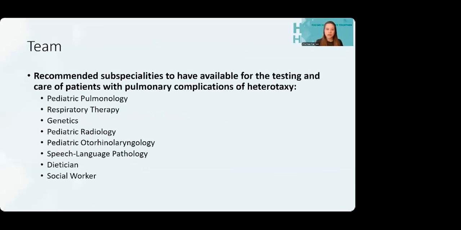So the assumption here is that you already have your cardiologist on board and your cardiothoracic surgeon, but what about the pulmonary complications? So having access to a good pulmonologist in our pediatric patients, we'd be obviously talking about pediatric pulmonology, a good respiratory therapy team, genetics to work through the complex genetic diagnosis of reasons for primary ciliary dyskinesia or congenital heart disease, pediatric radiology to look at the studies,